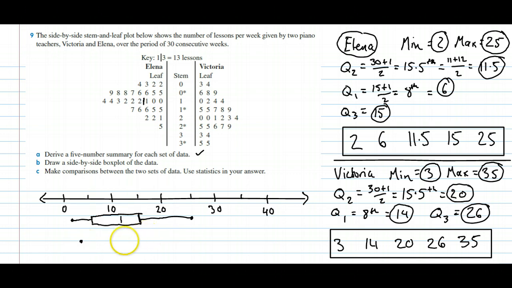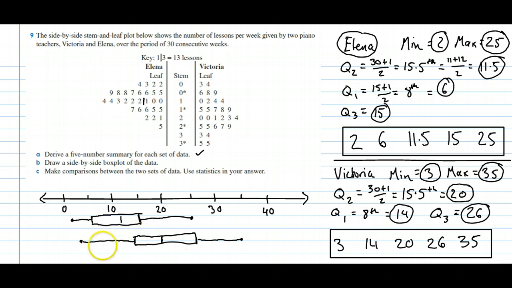We've got 14, which is about there. That's the start of the box. Q1, 20 is the median, 26 is Q3, the end of the box, and 35 is the maximum down that end. So we can draw the box around all of that, connect it up to the whiskers,